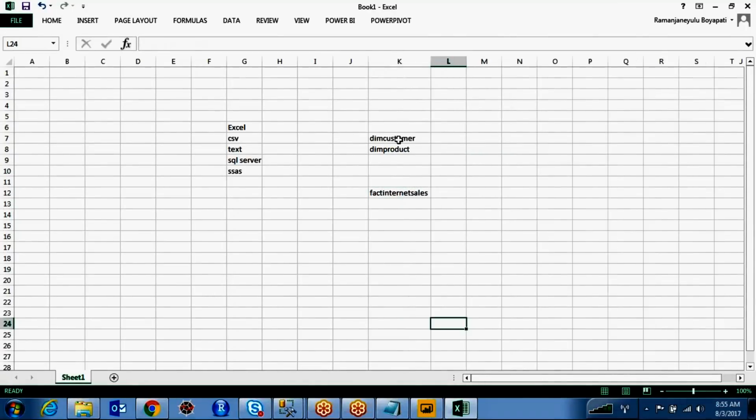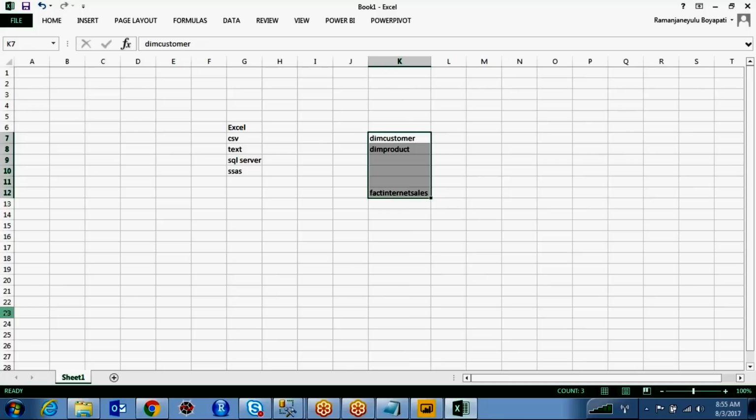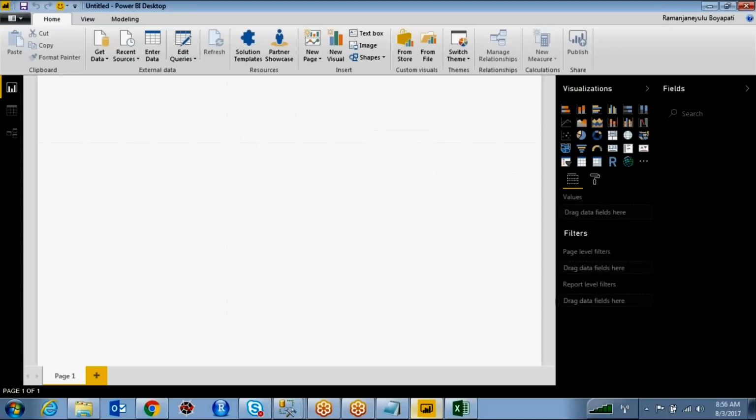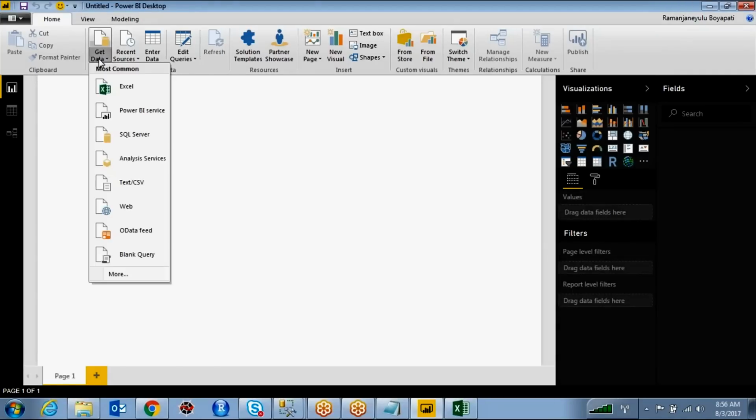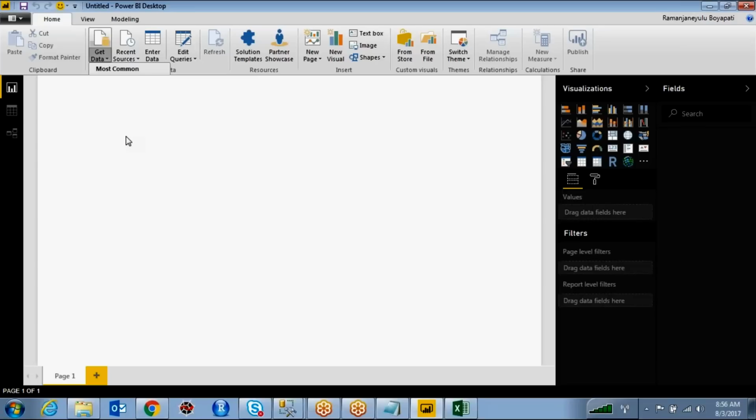Okay, so whatever tables I have, how are you going to make the relationships between these tables? If you don't have the relationship between the tables, then inside Power BI, when you preview the data, it doesn't filter the data. For example, you just come over here. First you have to connect to your data source. You just click on Get Data, and I'm going to connect to my SQL Server. Just click on SQL Server.